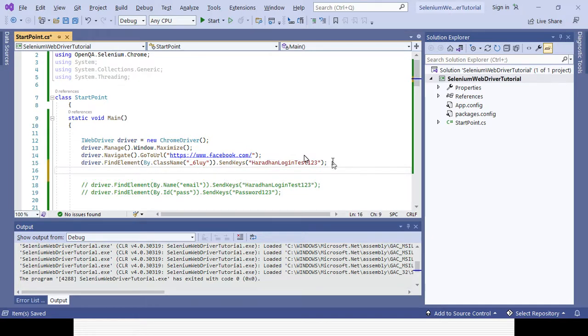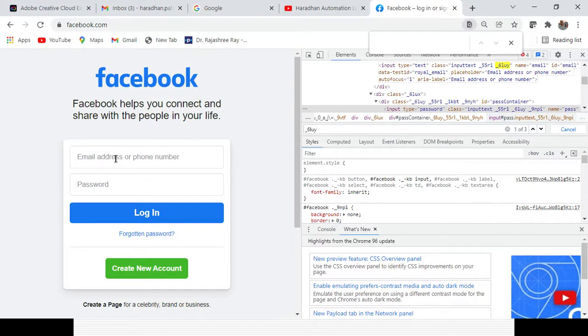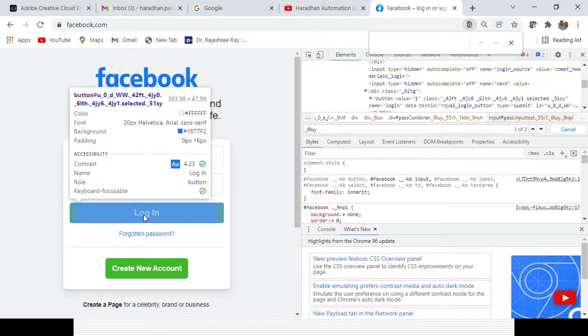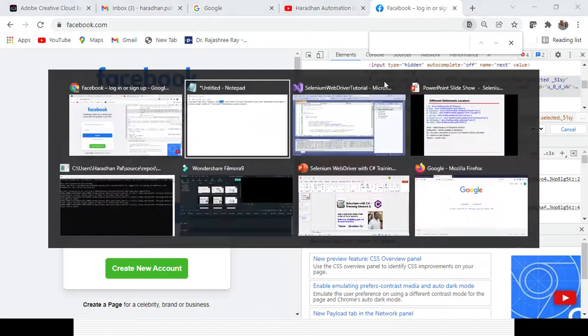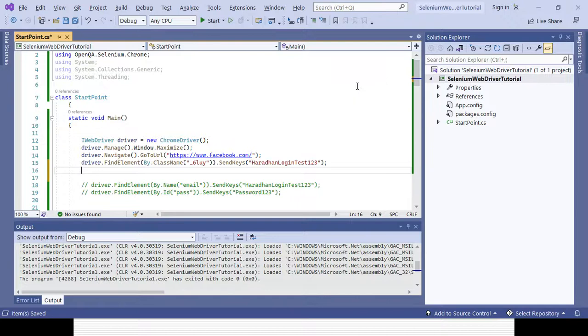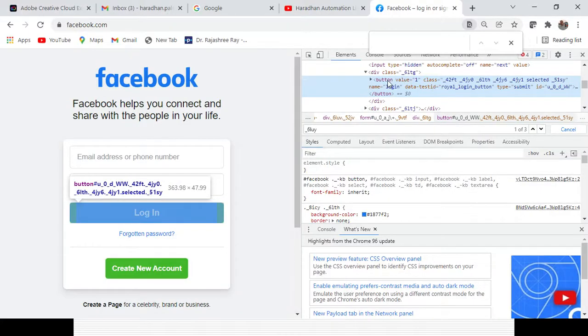Which is the email field? I am able to enter it. Then I will click on the login field after entering the email. You can see it is starting with button, so tag name. I can identify the element with the help of tag name button. So let's try to create a web element. In case it is a button, you can see there are a lot of buttons in the page. So that might be a problem.